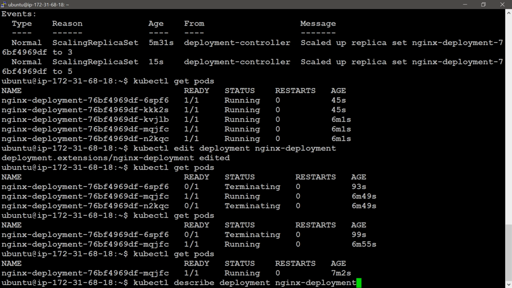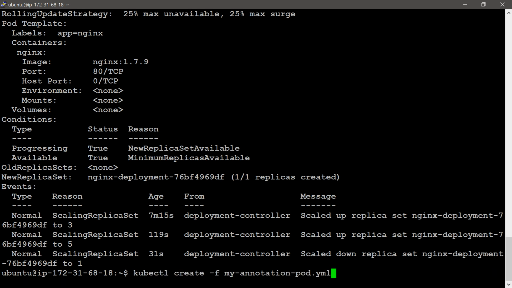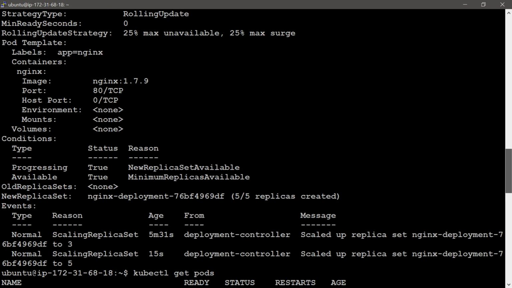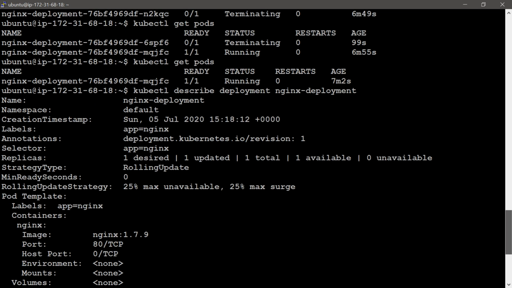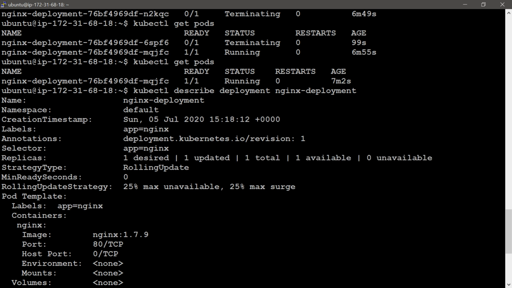You can see the describe command also here. The number of replicas will be changed. Here replicas: 1 desired, 1 updated, 1 total, 1 available. This is regarding deployment.